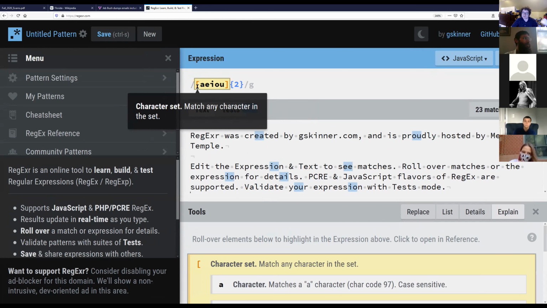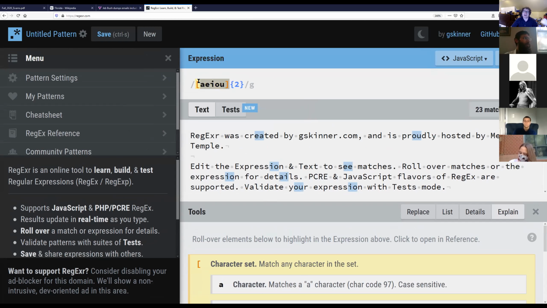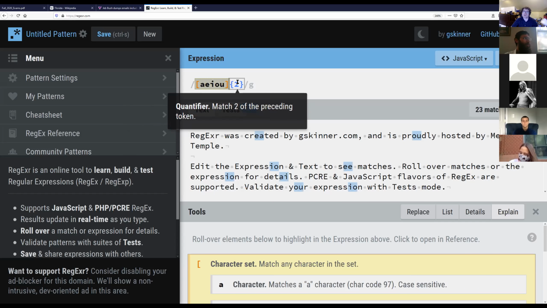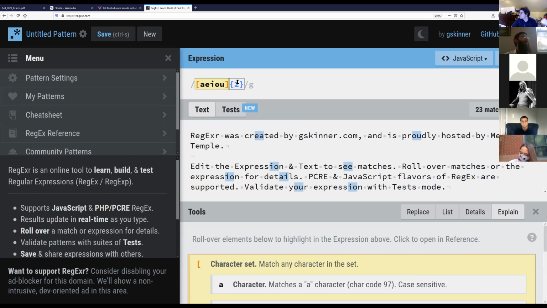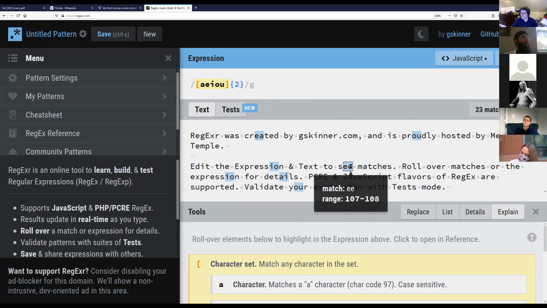So what did I just do here? This is a custom character block saying, hey, any single one of these, exactly 2 of them. So notice it matches anything that's got double vowels. EA, OU, IA, IO, EE, right? So you can already kind of see that this is a lot more powerful. So let's talk about how do we search for